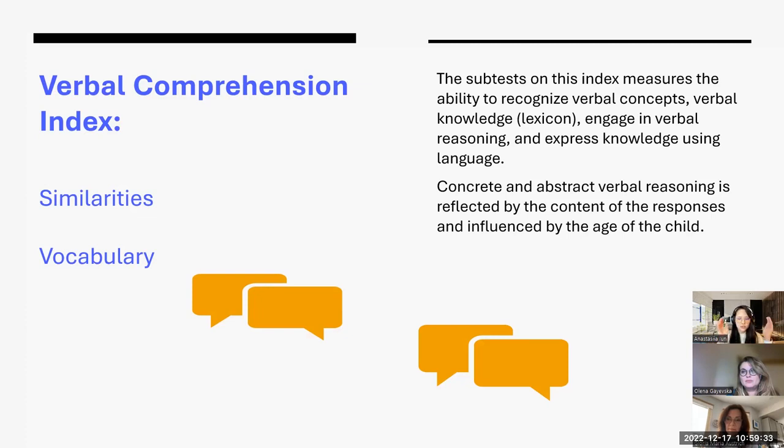So the situation is we only work with hard cards. We do not work with real manipulatives, like real life objects, and the play is not being promoted. How is this setting going to affect verbal comprehension index? To be honest with you, I don't think I'm qualified to answer that question. I think that is something more for someone who is an expert in language development to answer.